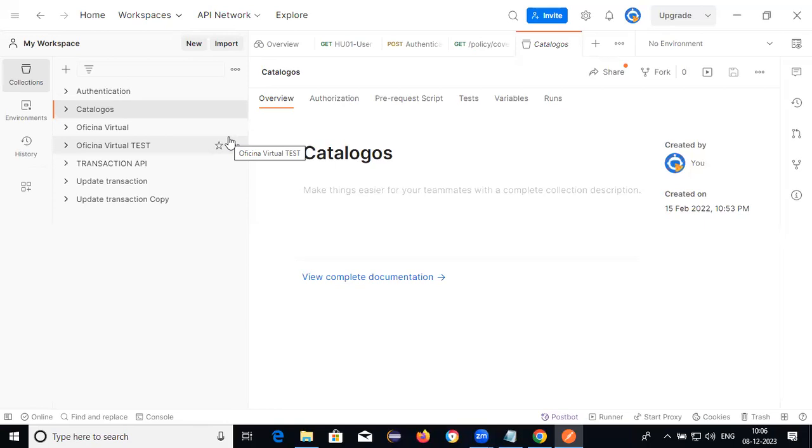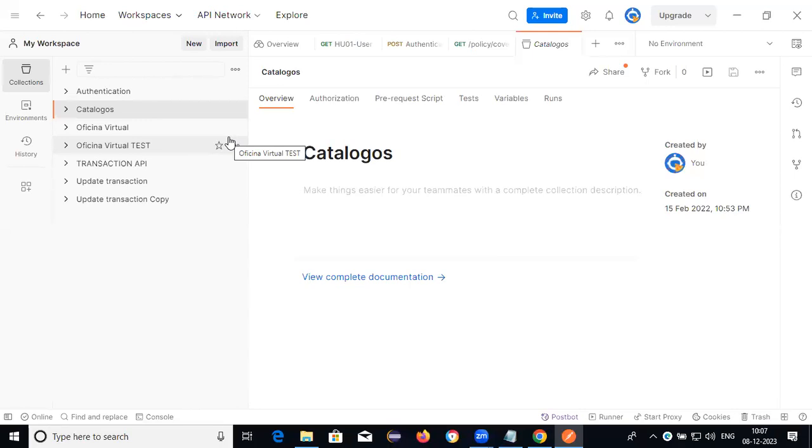Then, you guys create the boxes. For example, first box is the workspace, second box is the collection, third box is the folder, fourth box is the request. You guys are able to understand? Boxes you need to create, arrow marks you need to provide. First workspace, next collection, next folder, next request.